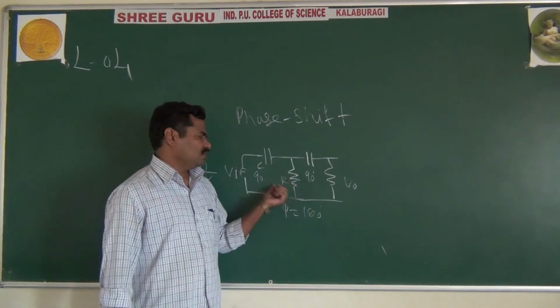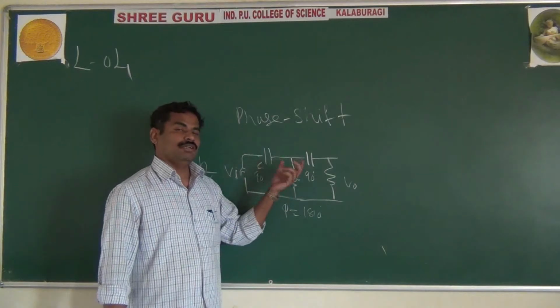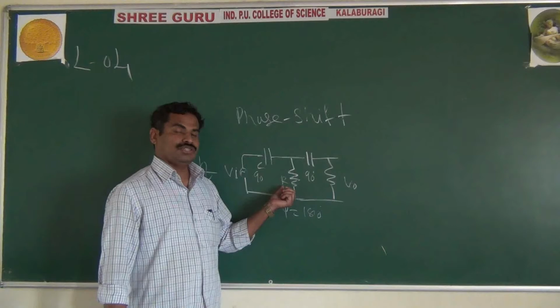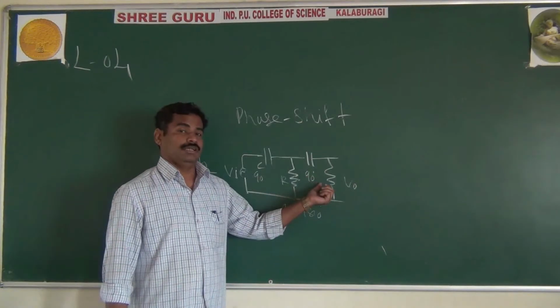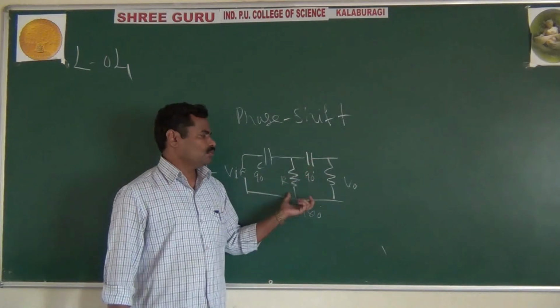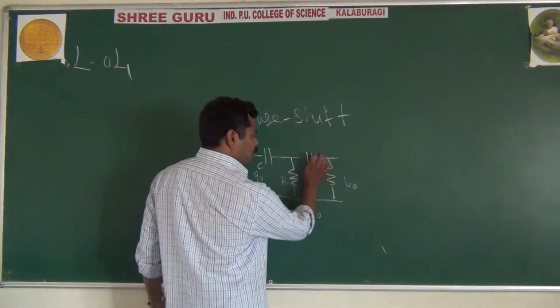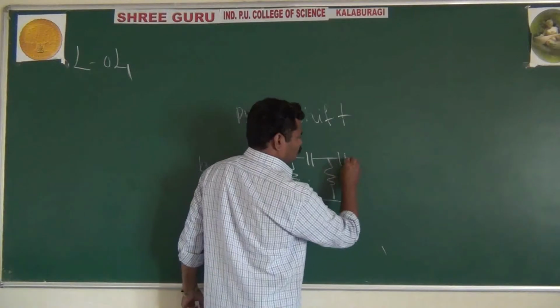And also, as I said, it is maximum 90 degree, it is not giving exactly 90 degree. If you take one R and C network, or two R and C networks, it is not giving exactly 90 degree. It may be near to the 180 degree. That's why you are not using two RC networks. But you will prefer the three RC networks, especially you are using three RC networks.